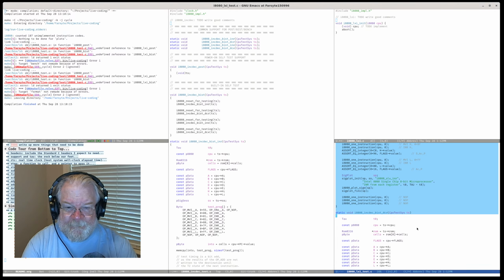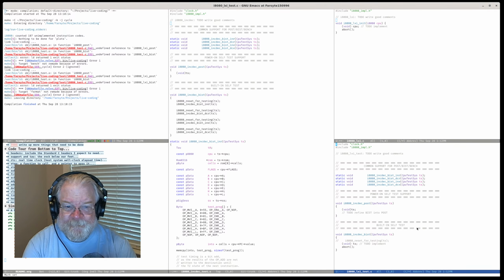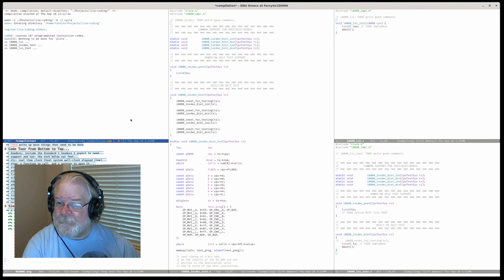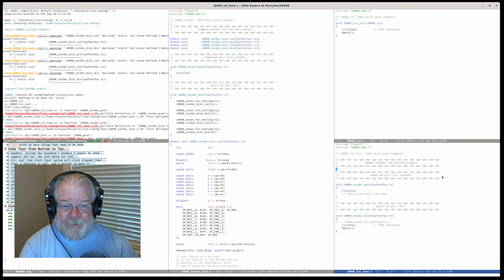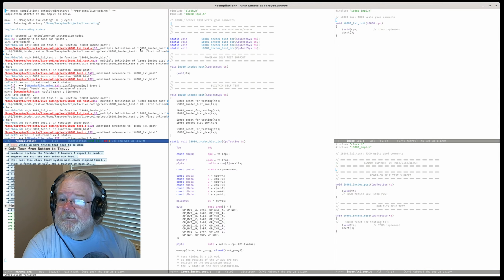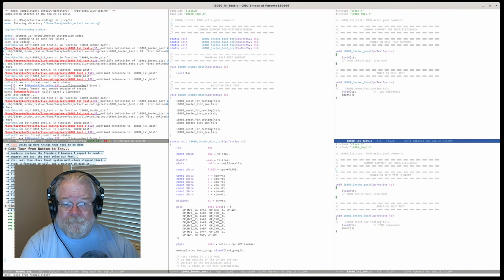Now these guys, I think this is the rest of the file, but I'm not sure. Yes, it is. Okay. So I now have methods for bist and post. Okay, so we declared a bunch of things static that we did not then define. Redefinition of i8080 ink post. That's because I didn't fix the name here. LX, how about I do the right thing? LXI, there we go.